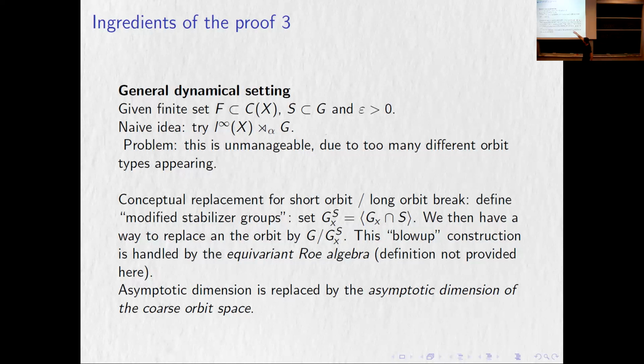We somehow replace. We have this particular set of elements we cared about. We started with some S, which is what we looked at, right? We always start with a finite set of elements, and what we do is we replace the stabilizer Gx by the stabilizer as seen by those elements, which is simply the subgroup generated by the intersection of the stabilizer and S, right? Because S is finite, now we have a finite number of groups, so that makes things much more manageable.